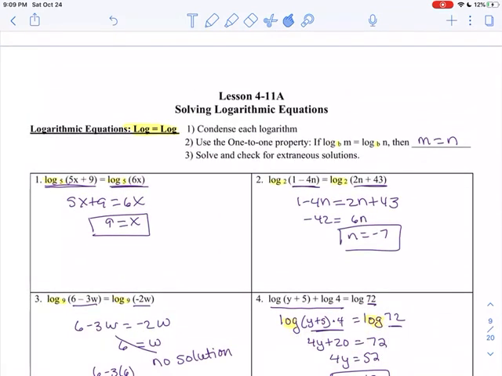All right, so we did a lot today. We did two types of equations. One where I just had a log equal